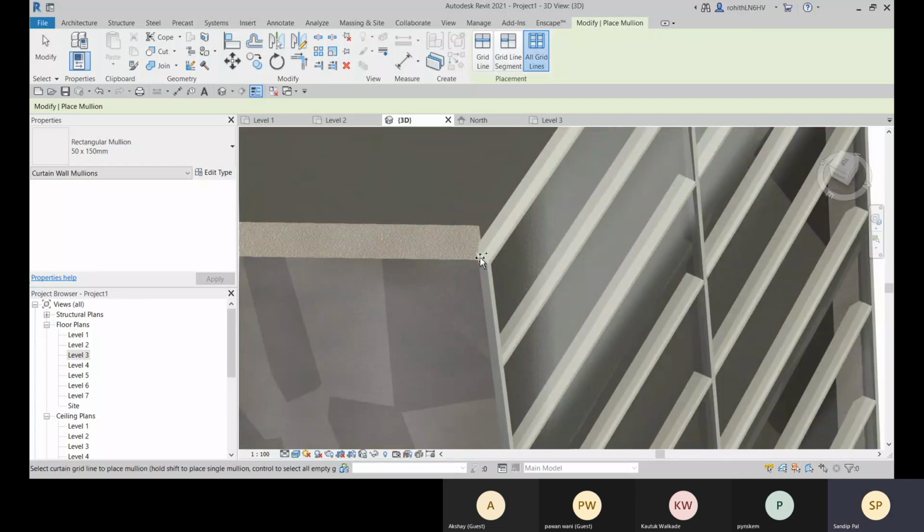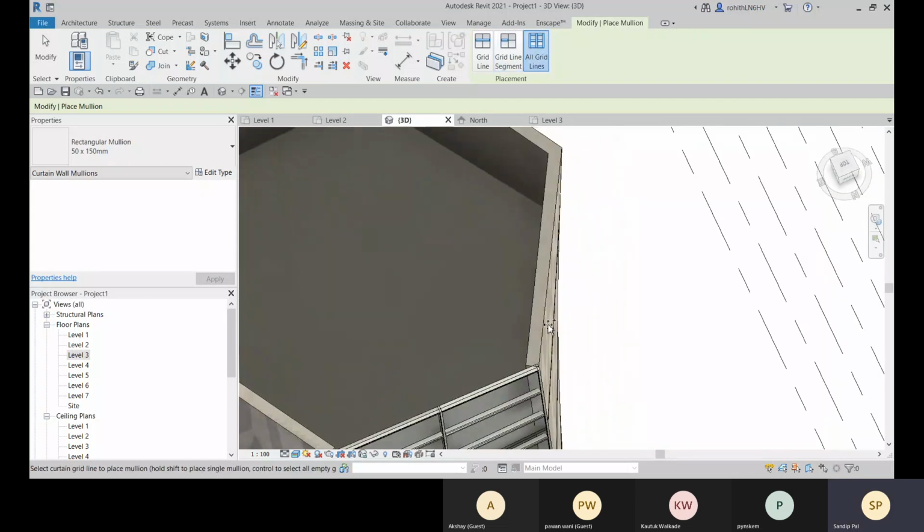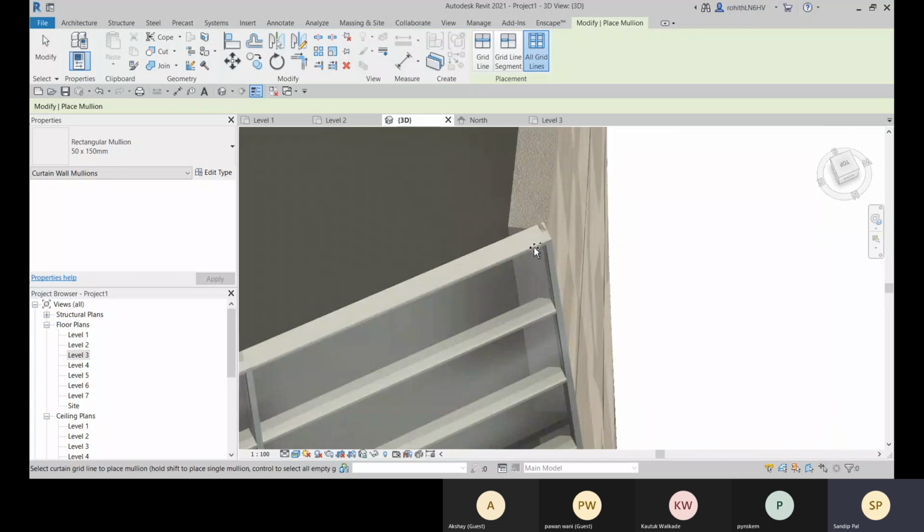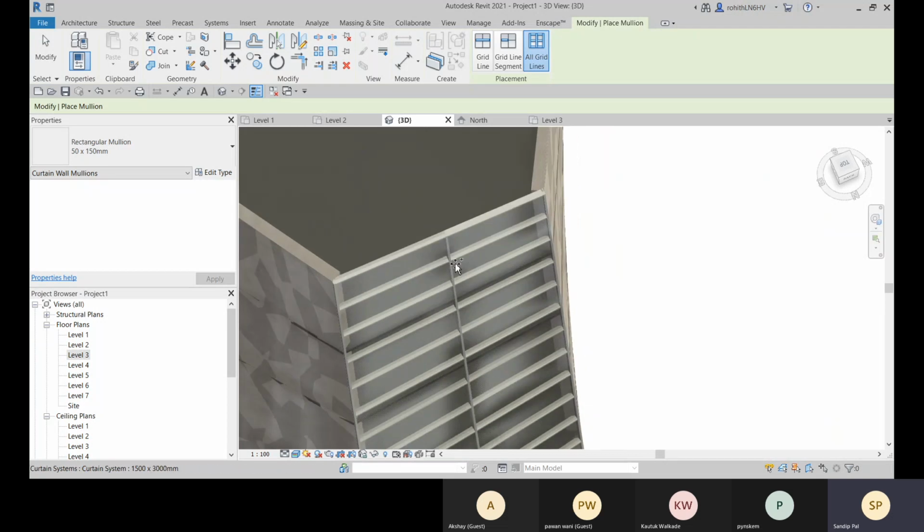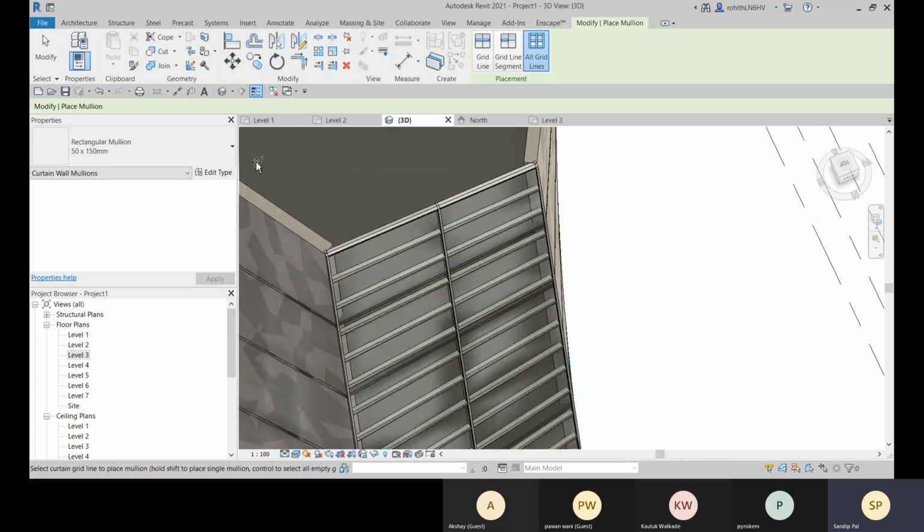We are getting some options here. So in later classes, when we will create family, we'll know how to create this mullions for these kind of shape. Okay, so you don't have to create like for each shape.